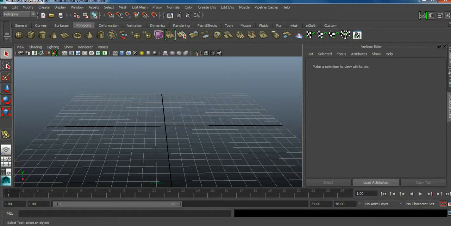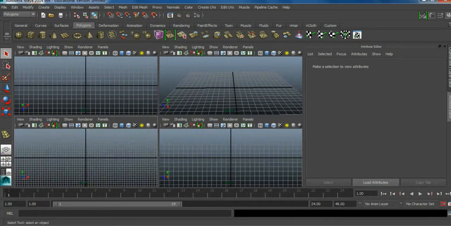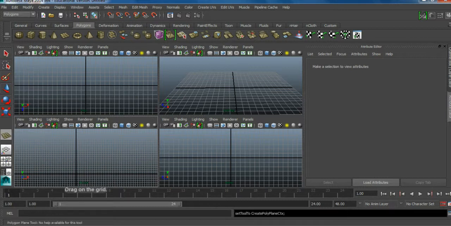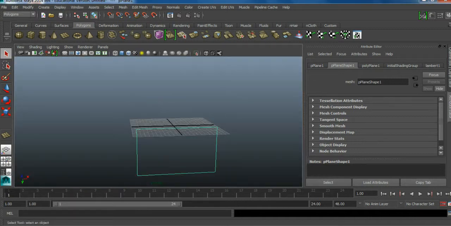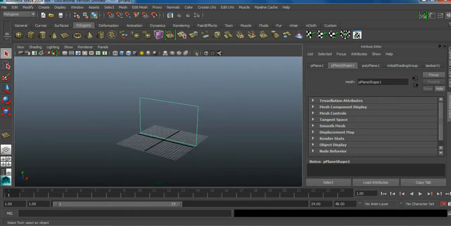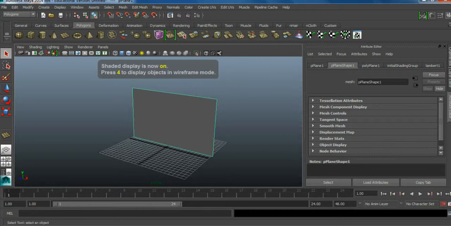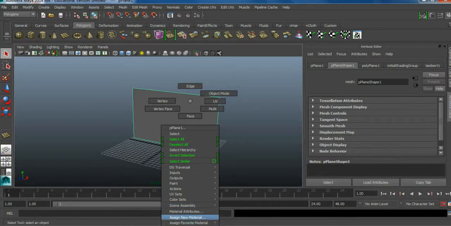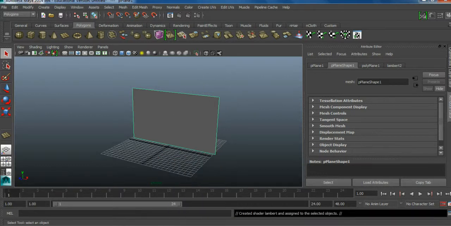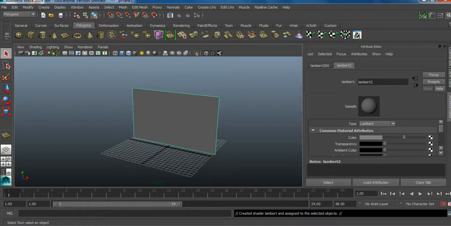If you come back to Maya, you need to work in front view and create a plane in front view. I'll go back to the perspective view here. Press 5 to go to the shaded mode. The next step is right click, assign a favorite material, a Lambert. Never ever use the default material. Try to apply a new material. I'll change this to